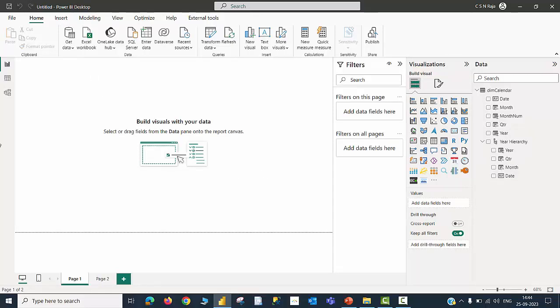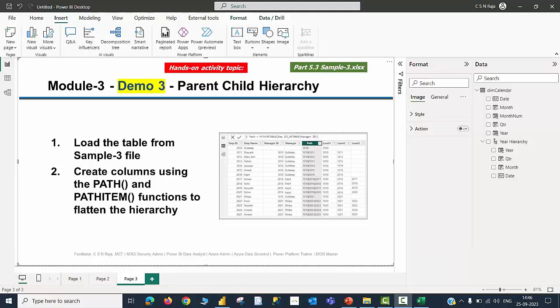So that is the end of demo 2. We will be watching demo 3 shortly. The third demo is about flattening a parent-child hierarchy, which involves DAX functions. Since we have not introduced DAX much in this series of videos, I'm just going to give a quick run